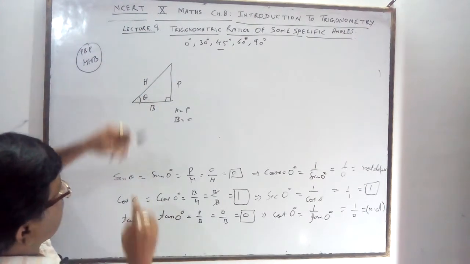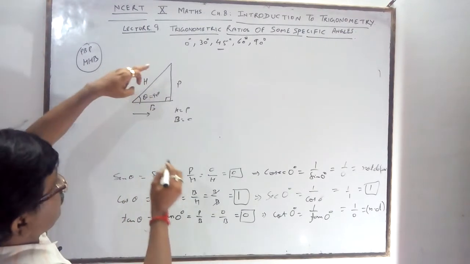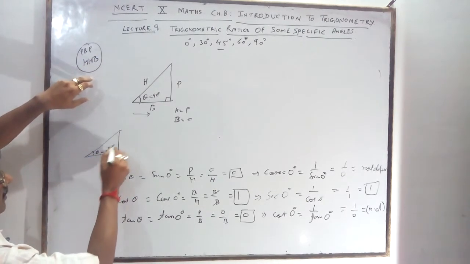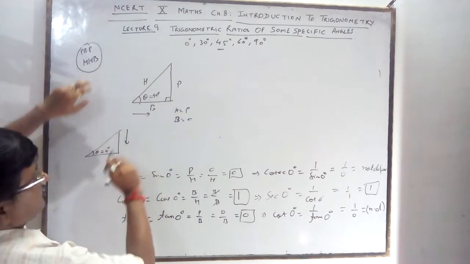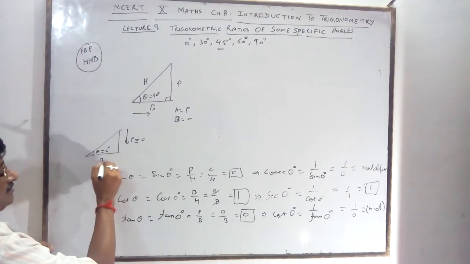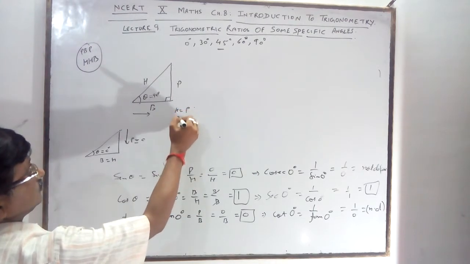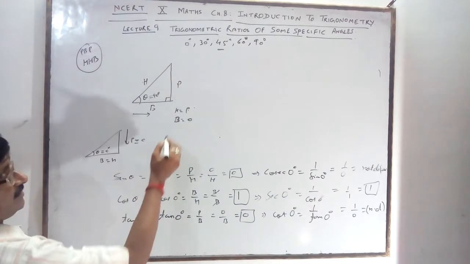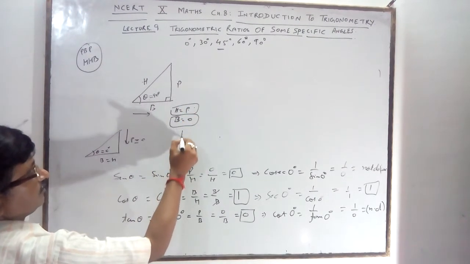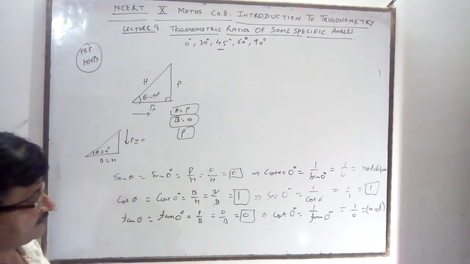Like this you will go. So theta becomes 90 degrees only when it is moving this side. Earlier, for 0 degrees, theta becomes 0 when it moves down. Now when it moves this side, P becomes 0 in one case, and here base is equal to height. The base is 0 and the perpendicular is equal to the hypotenuse, which is given. Out of this you calculate these things.